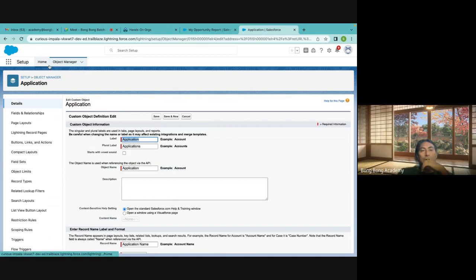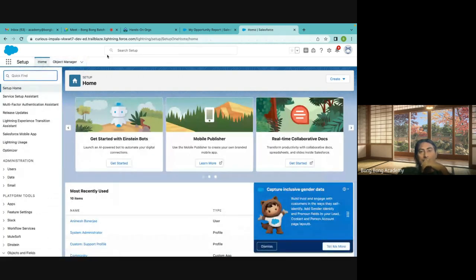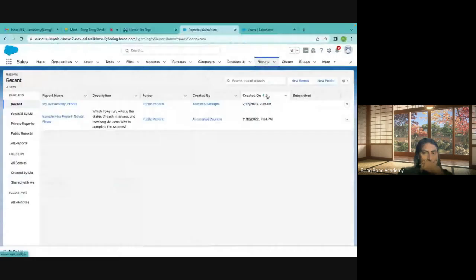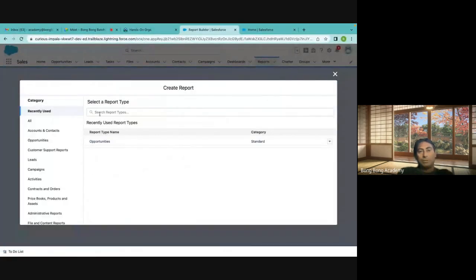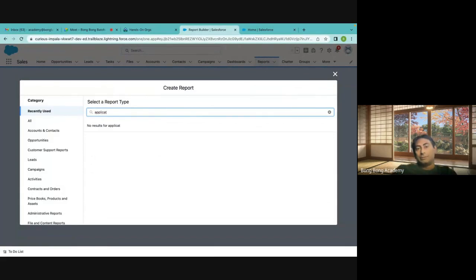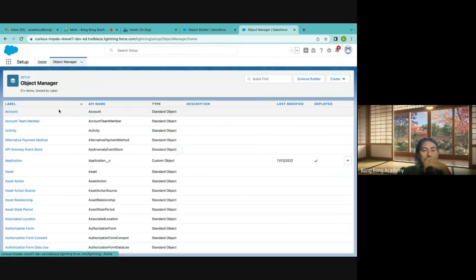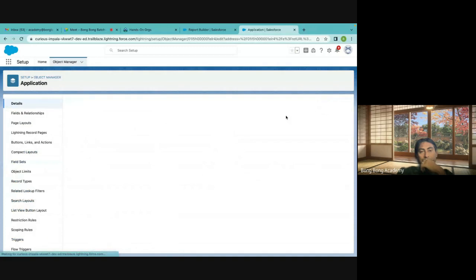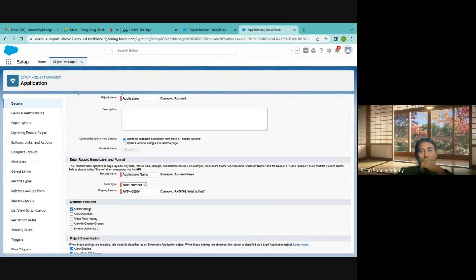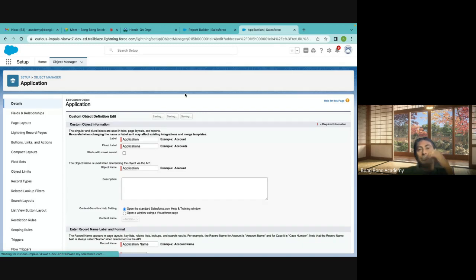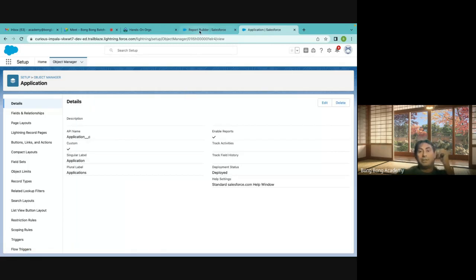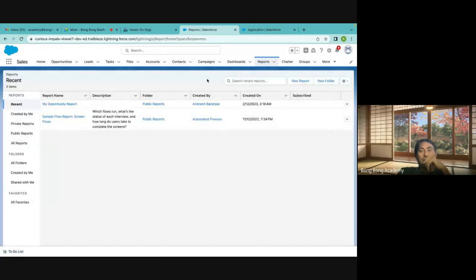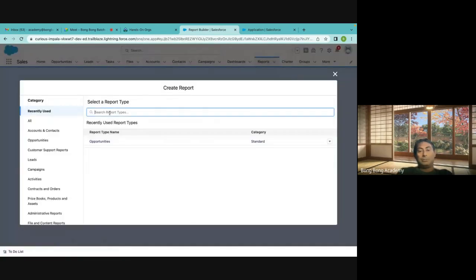So I want to create a report on the application object. That is a custom object. So if I go to the report tab, let's create a new report and I will search with application. See, there is nothing, no report type called application. That means this object is not enabled for reporting at all. So if I now go ahead and enable reports for the application object, allow reports and save, automatically an application report type will get created for you. So next time I refresh and I create a new report and I search with application,